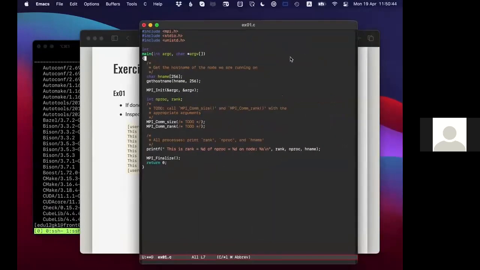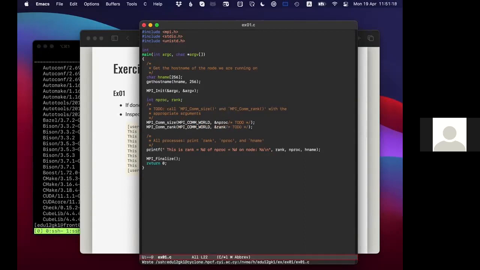Okay, it's 50 past. So I will reveal here. This is not very complicated, I know, but it's just so that as a first exercise, we can familiarize with modifying code, etc. See what problems there are. So that's what your solution should have looked like. Just the MPI-IO world as a communicator. And then for size, we set the number of processes, and for rank, we return the rank,